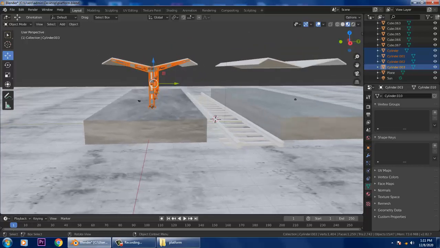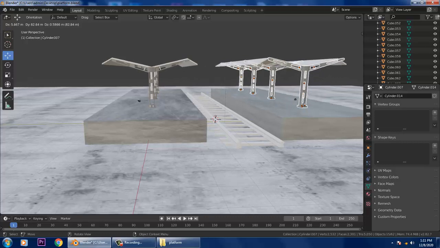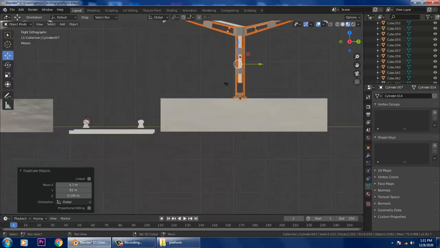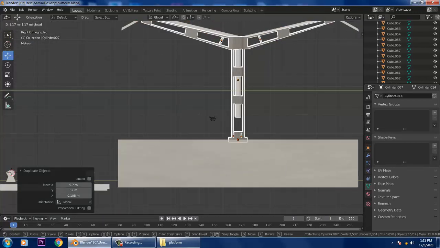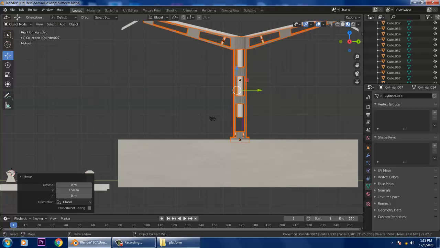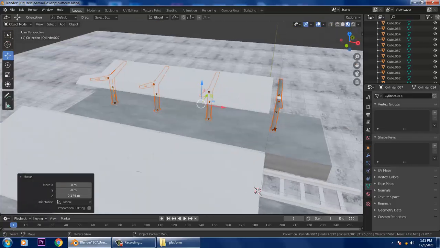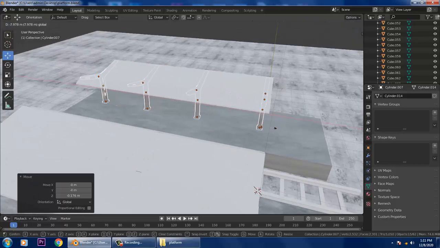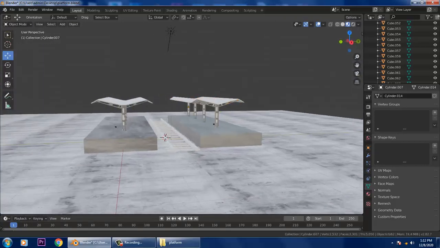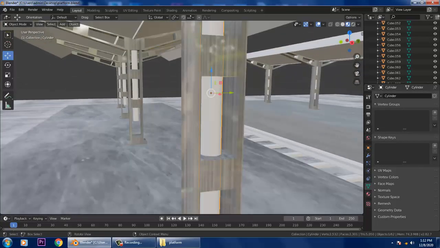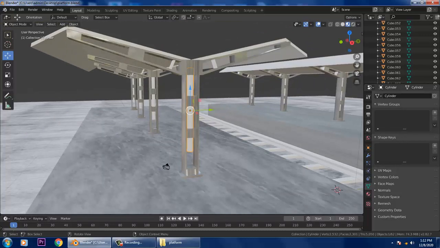After that, Shift D and slightly drag it. So all together, I'm going to push it to the center over here. That's it. Slightly push it behind. So if you want to create some kind of a metal, or any kind of glossy material over here, we can go with that.